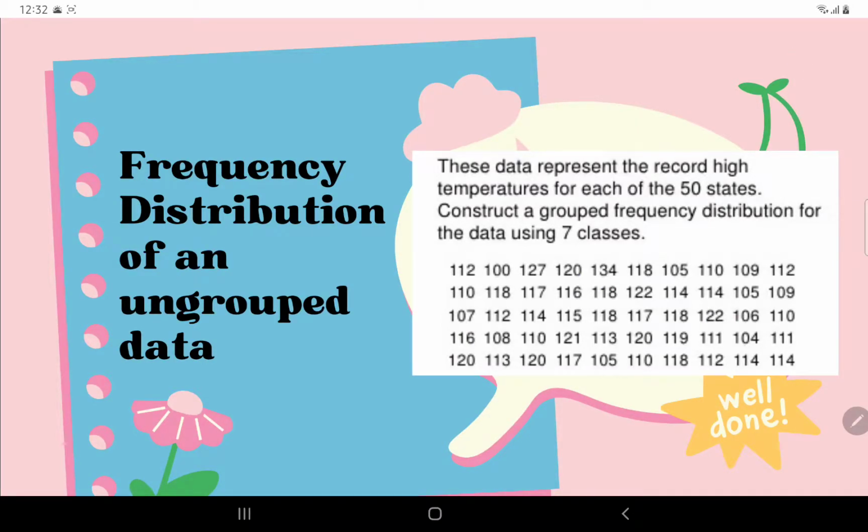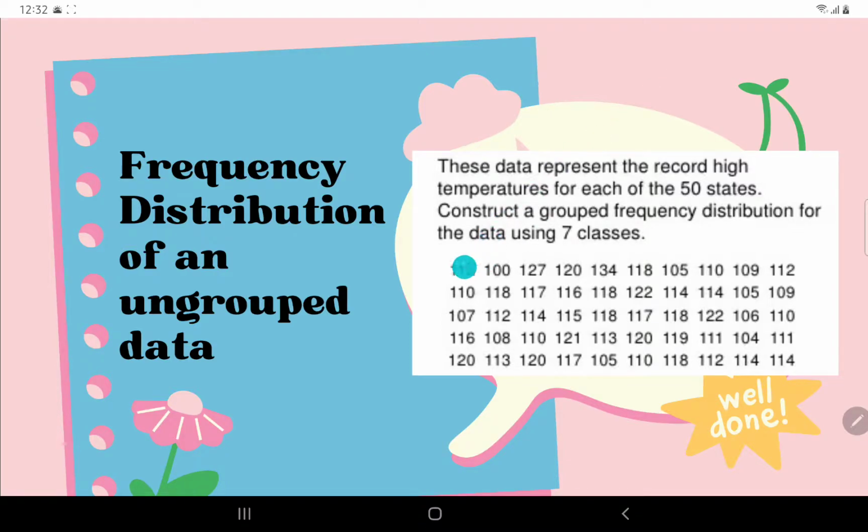Frequency distribution is a summary table where the data are grouped into a number of classes. The objective is to obtain the number of responses associated with the different values of the variable. So for example, consider the following set of data. We can see here, for example, the value of